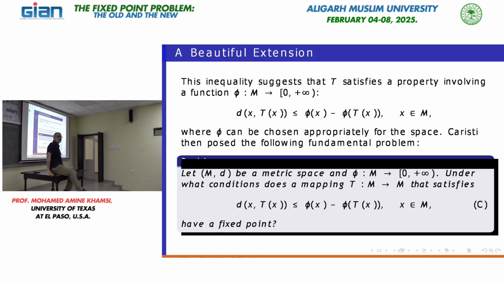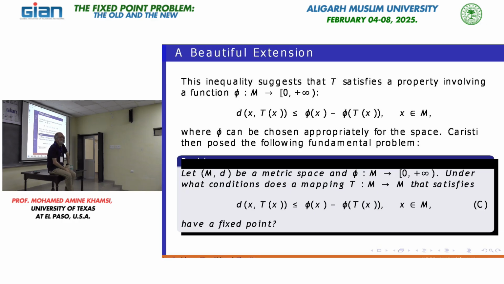So let's start with x. Ready? Are you with me? Let's start with T of x. We have that. What about T squared of x? What you're going to find is phi of T squared of x is less than phi of T of x, less than phi of x. So the level of energy now is going down. And because d satisfies the triangular inequality, you also have the distance from x to T squared of x less than or equal to the sum. Okay.